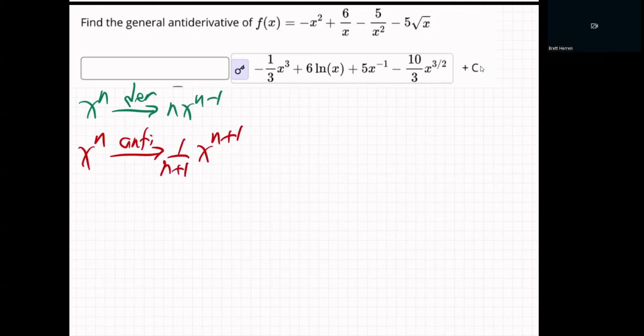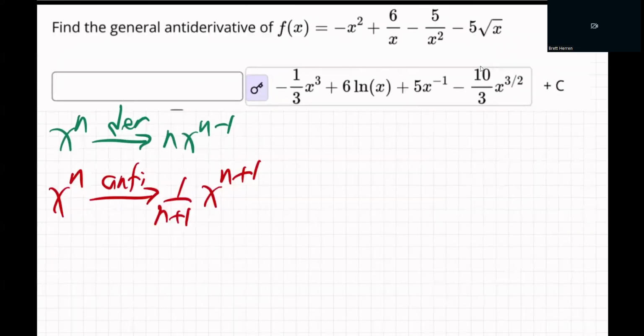So we start with this one here, this x squared. We just add 1 to the power. That's how they get the third. And then we divide by that. See how it becomes 1 over that in the front. That's how they got that. Again, you add 1 to the power and then divide by that 3, negative 1/3. There we go. Now the next one's a little funny.